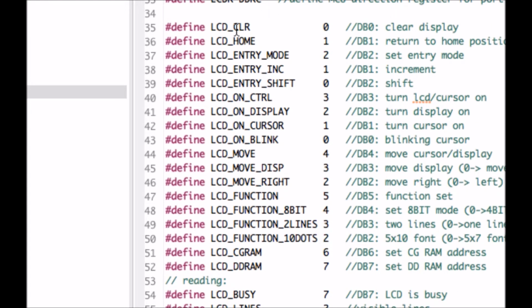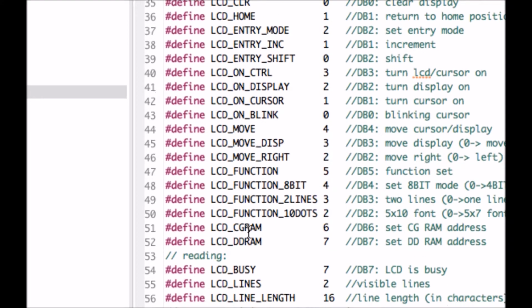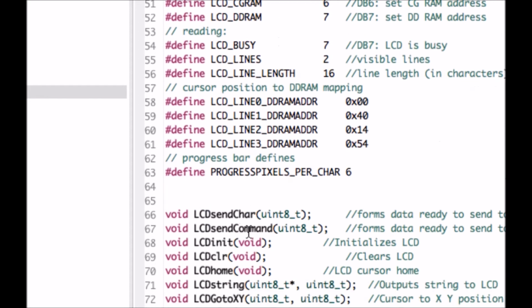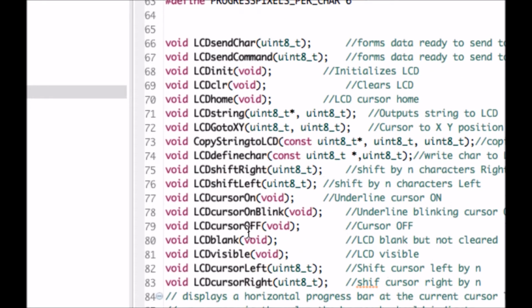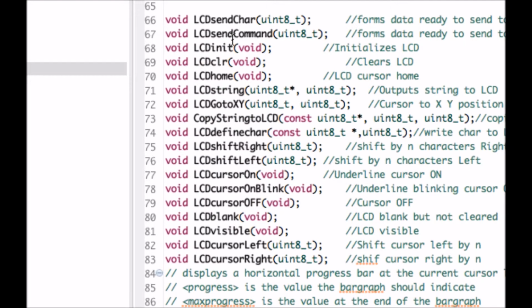Next, you will find some definitions. Just leave it. If you go down, you will see a list of functions which are there in this library, which we can use whenever required. Like the first function which we had used was LCD init, then LCD CLR, then LCD sendChar.